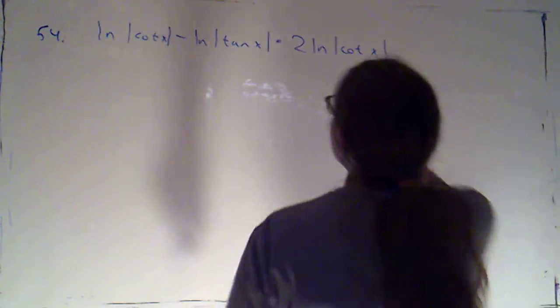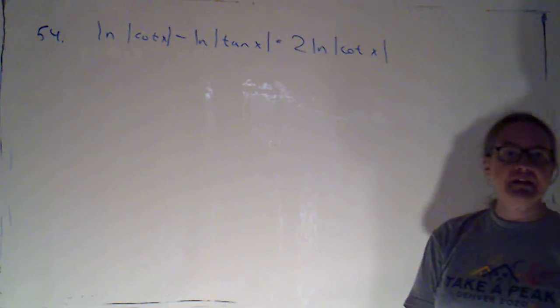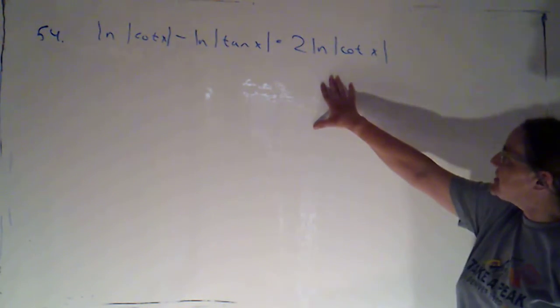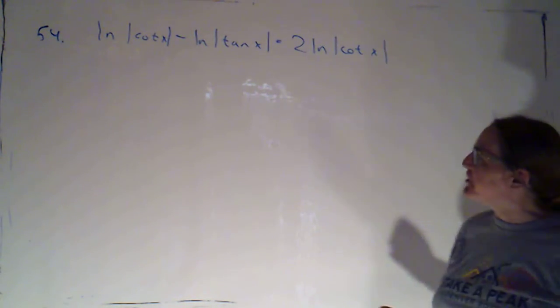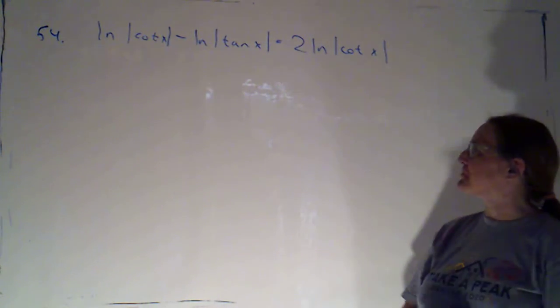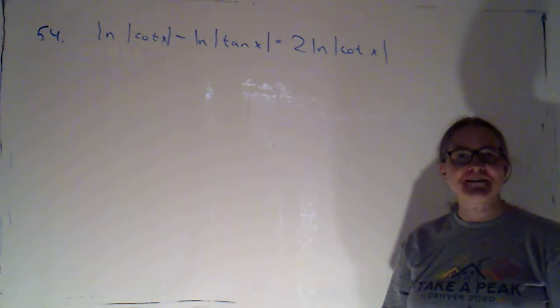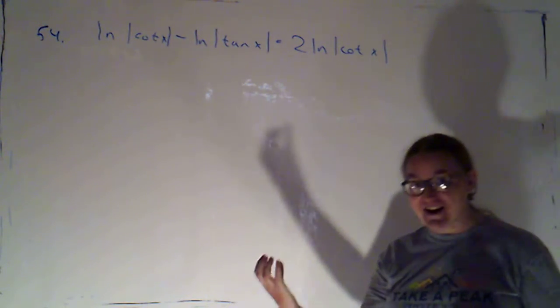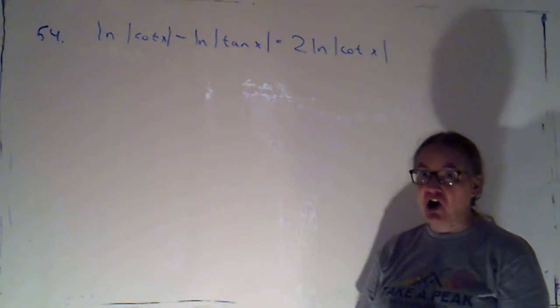I've selected problem number 54, which is an even-numbered problem. This one involves not just trig functions, but logs of the absolute value of trig functions, which is very exciting. So we're going to have to use our knowledge of trig as well as our rules of logs in working